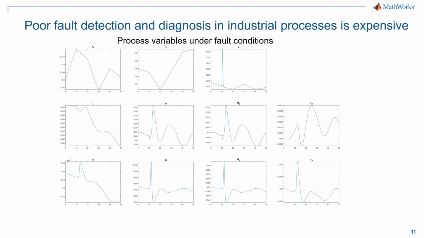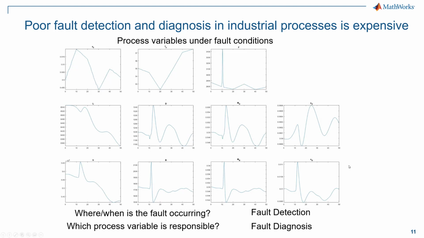For instance, what you can see here is that a process upset has occurred. We see the process data after it has been processed without any noise. This is a relatively simple fault, and maybe you can figure it out. But in general, you don't have advance warning for these kinds of things.